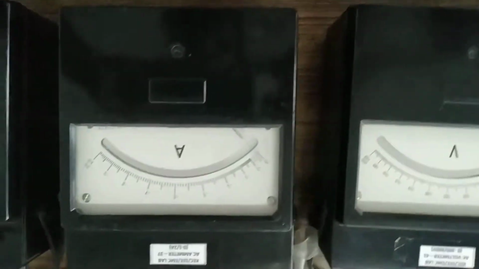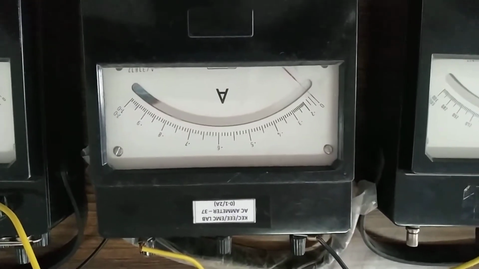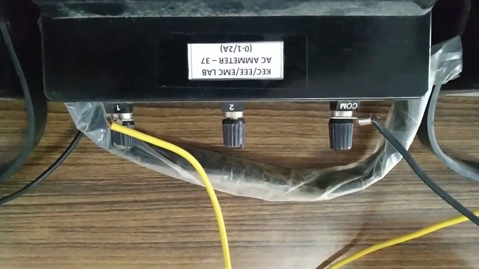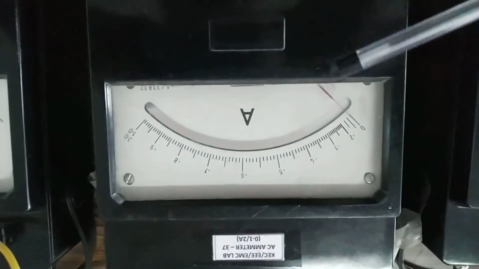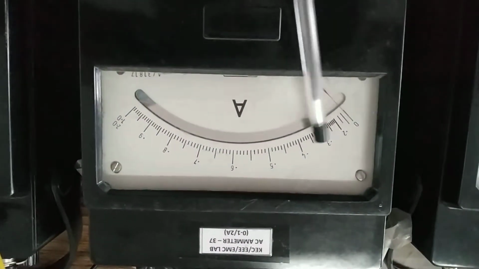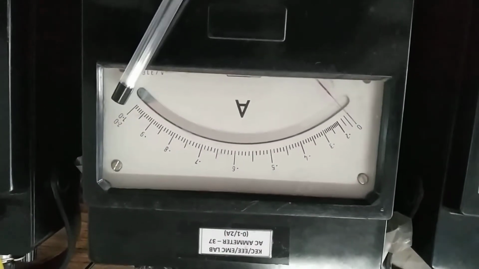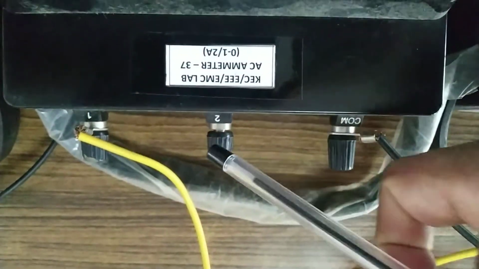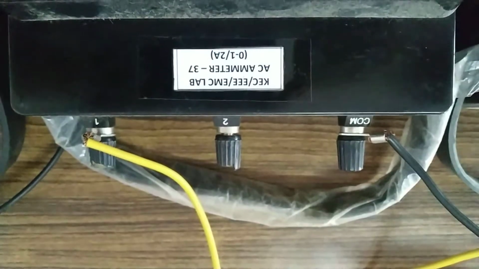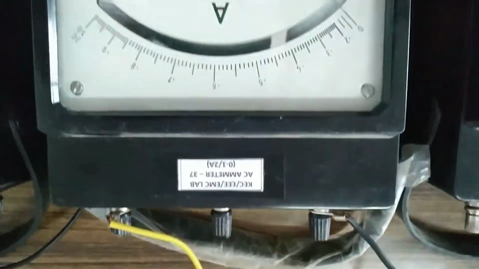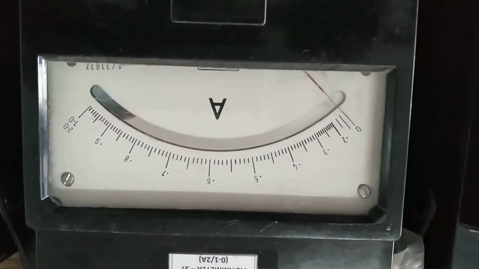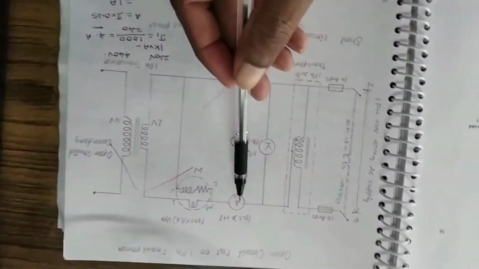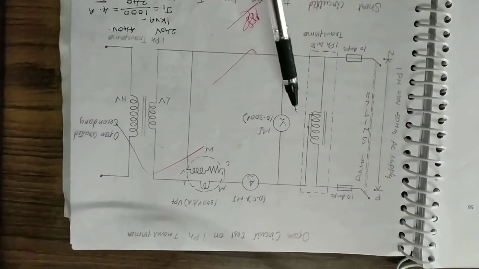So it is good to have a range of 0 to 1, 0 to 2 or 0 to 5. It all depends on the availability of the ammeter rating. Here we are using the 0 to 1 ampere scale, because our meter has ratings of 0 to 1 as well as 0 to 2, but we are choosing 0 to 1 as the exact available range. Now we have calculated the range for the ammeter and the voltmeter.